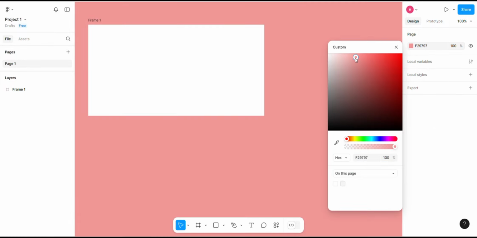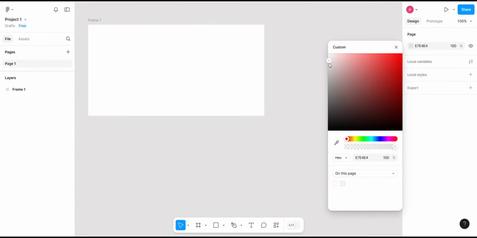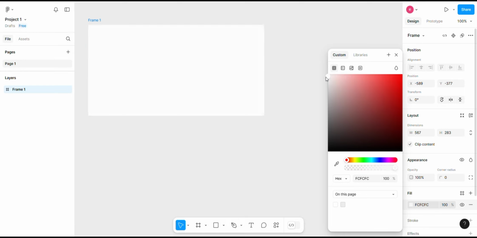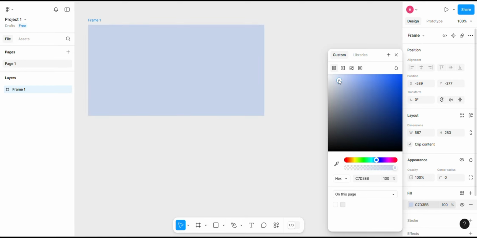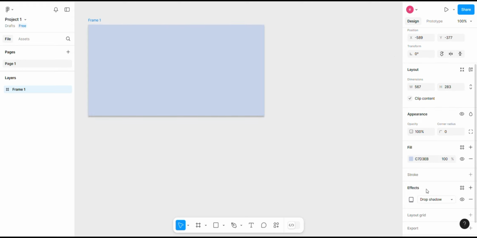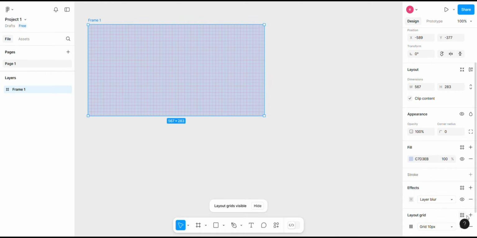If you are designing a multi-screen application or website, feel free to create additional frames by repeating the process. Organizing your screens will make it easier to manage your design. With your new file and frame set up, you are ready to start adding design elements and bringing your ideas to life. Next, we will explore how to navigate the toolbar and utilize essential design tools.